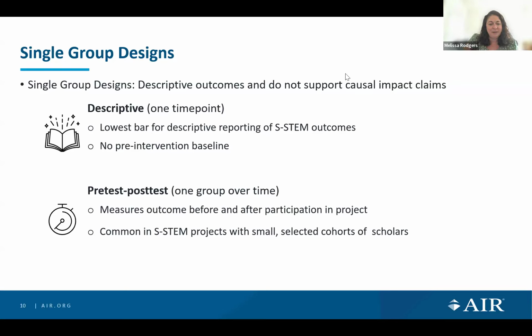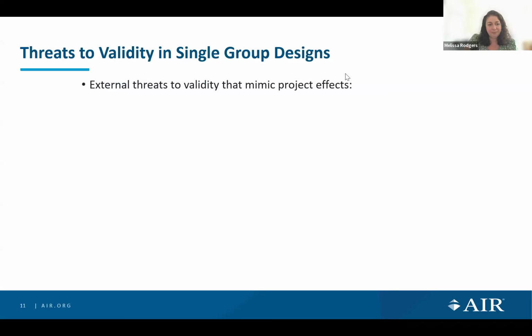And this gets us to the threats to validity in single group designs. These threats to validity occur in single group designs, even if they're measured at multiple time points. When we use a single group design, it's easy to mistake natural or external changes for actual project effects. Some of the common threats that can make it look like a project worked even when something else may be responsible include